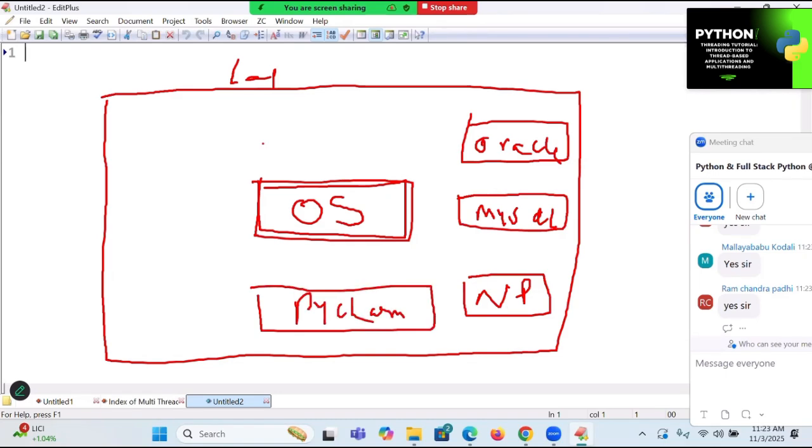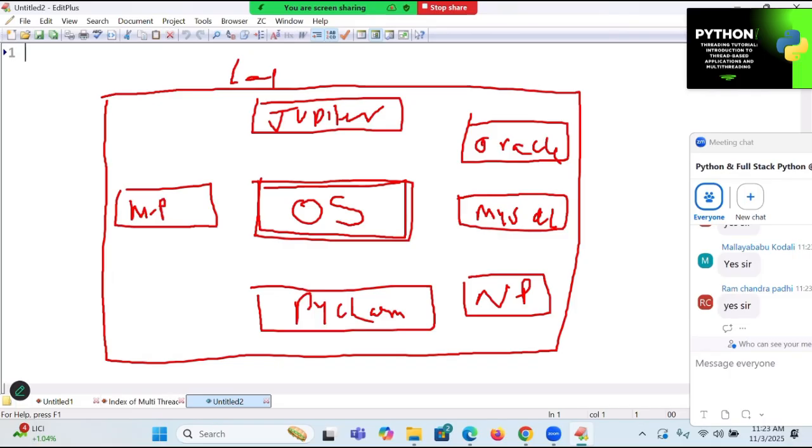Next, I opened one Jupyter notebook. And I opened one media player. And I opened the Python command prompt. And I opened the Python IDLE shell.